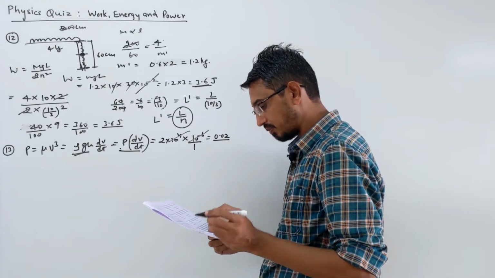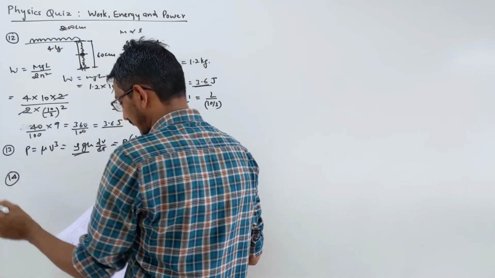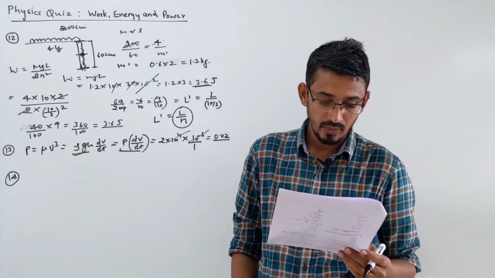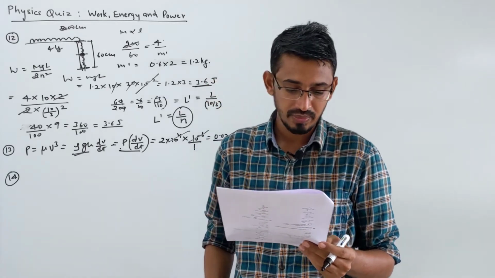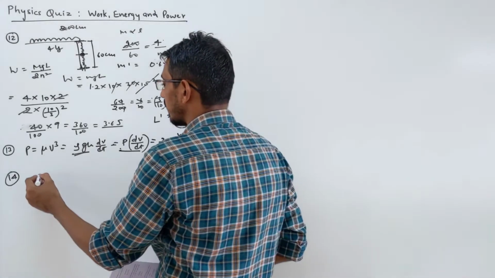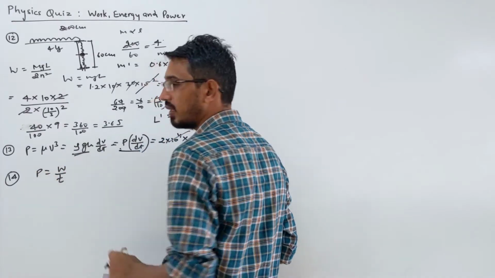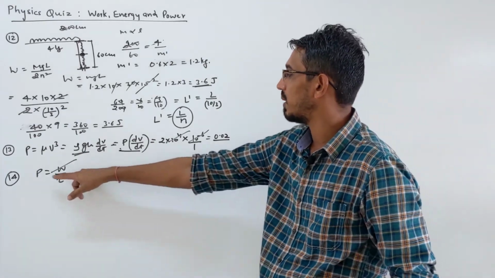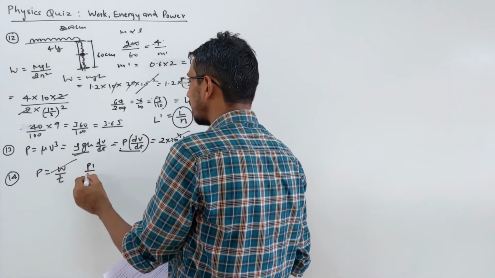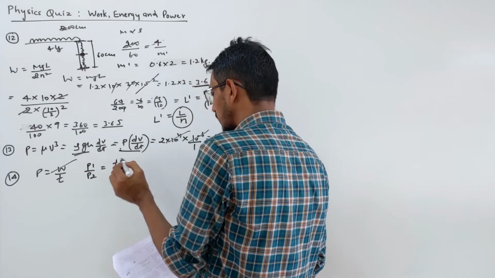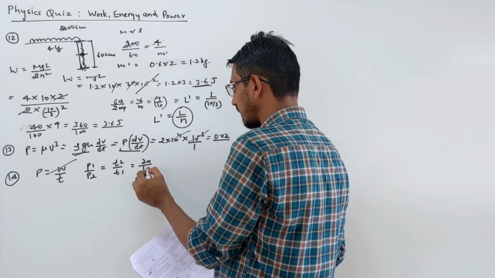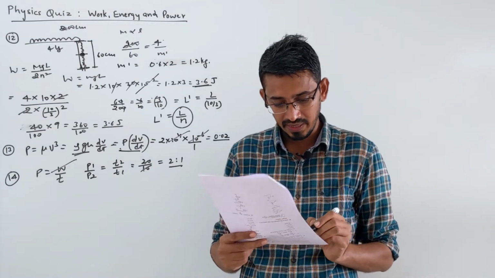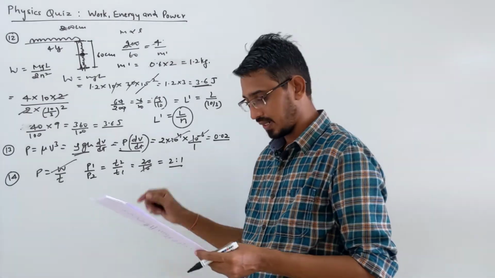Okay, moving on to problem number 14. It says a man does a given amount of work in 10 seconds. Another man does the same work in 20 seconds. The ratio of the output power of the first man to the second man is what? Power is work, or energy, by time. The same work is being done by 2 persons in different times. Work is the same, so power is inversely proportional to time. So power of the first man by power of the second is T2 by T1. The final time is given as 20 seconds and this is 10 seconds, so the ratio becomes 2:1, or 2 by 1. They are asking first man to second man, correct. So the third option is the correct answer here.